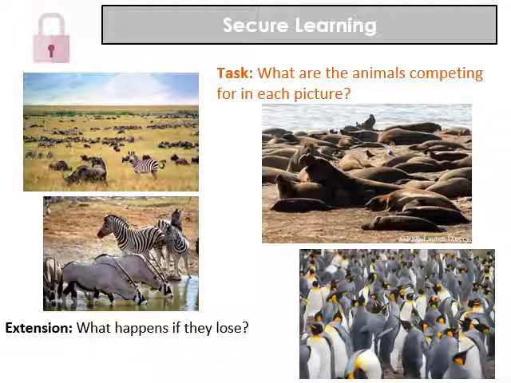Finally, you need to complete your securing learning task. So this task is related to the 4 pictures on the slide. What I'd like you to do is for each picture, tell me what you think the animals are competing for and why. Then I'd like you to explain what you think would happen if they lose